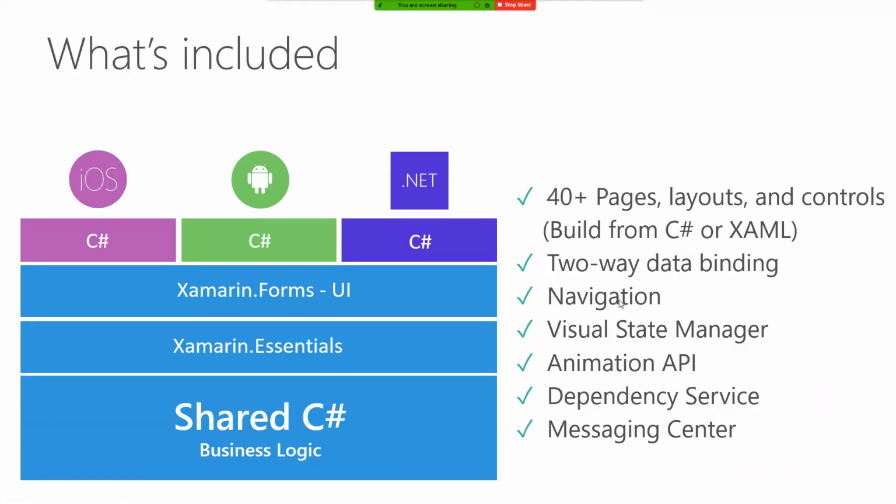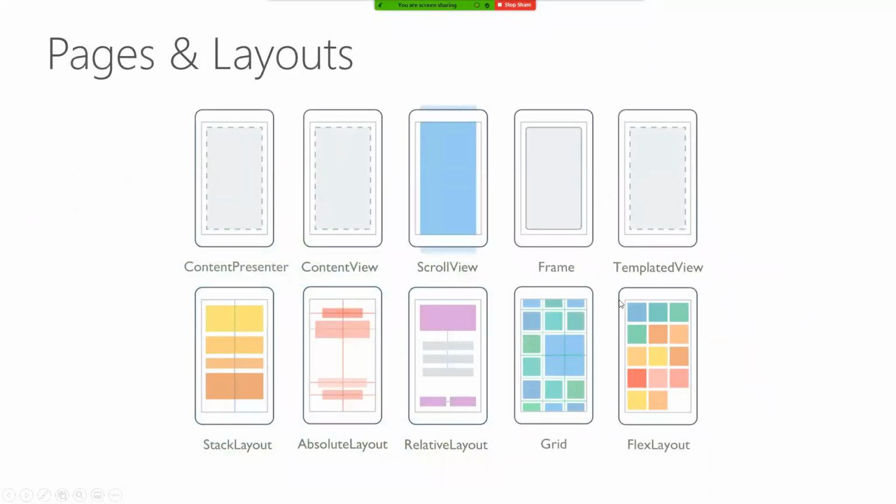One thing that's cool about Xamarin.Forms is we take the least common denominator of a lot of control types. So when you think about how things are shown to you on your phone, there are different ways that Android says, hey, show this in a stack, show this in a grid, and different ways that iOS says it. Sometimes it's relative, sometimes it's an absolute position. It says put it at pixel 2,4. And what we've done is we've actually abstracted all those concepts out and given you these types of layouts and pages so that you can choose what's best for your presenter. And we just pick what the best thing that Android and iOS would want you to use to show something like this, what that is under the hood.